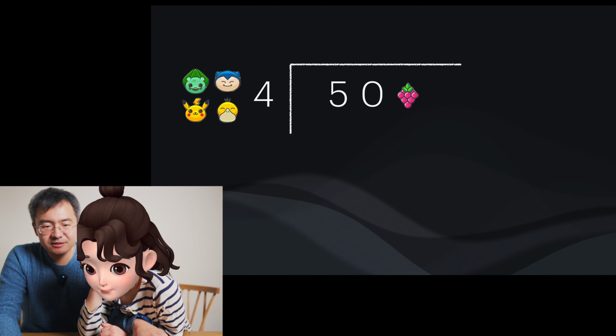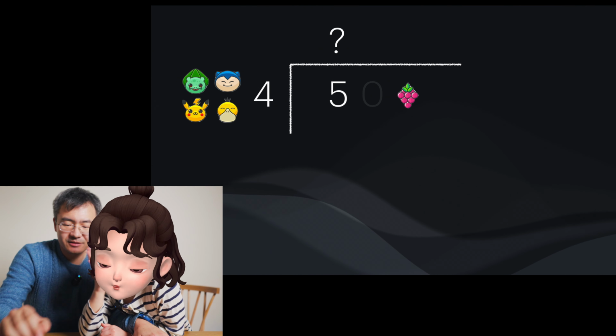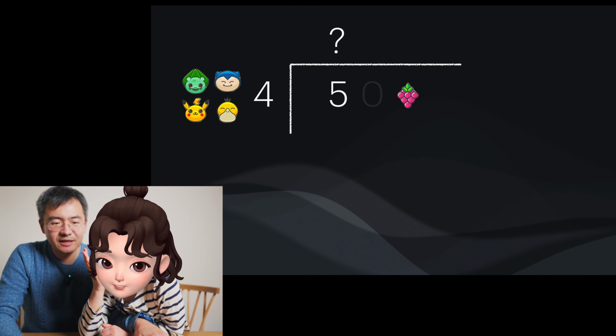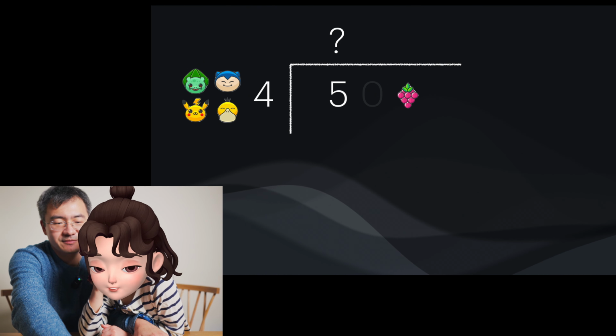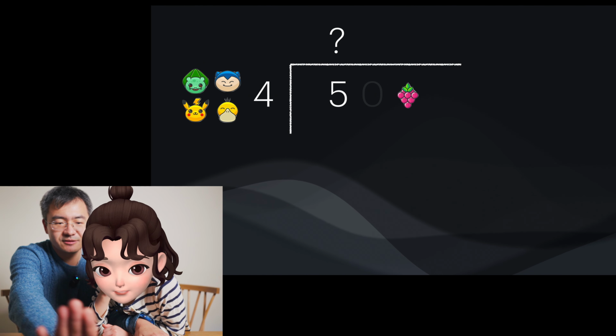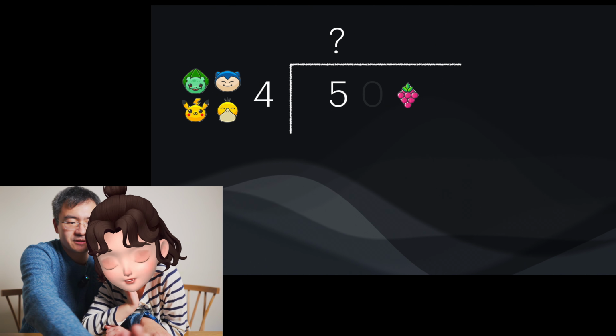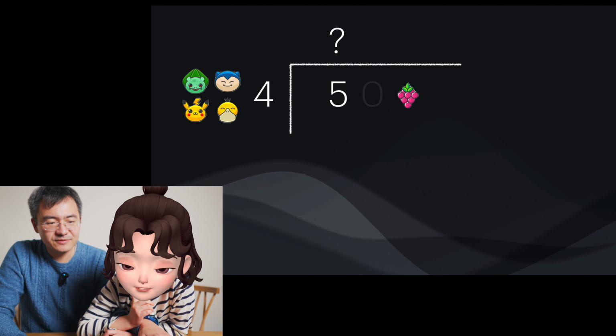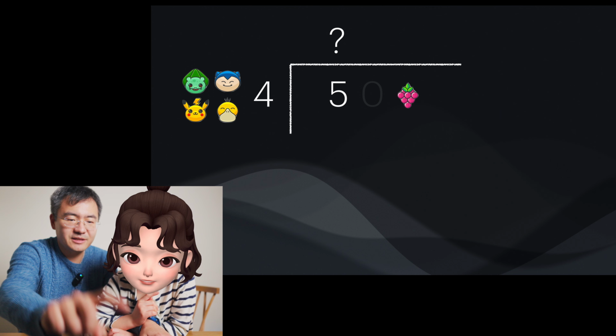Let me give one suggestion. So 50 is too big. Let's focus. Let's divide and conquer. Focus on the 10s place. How about we just look at the 5 and forget about the 10, okay? So what if you have 5 fruits to hand over to 4 Pokemon? What should be the